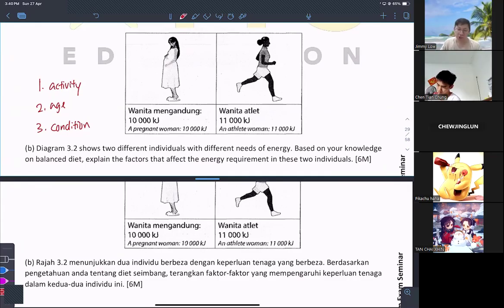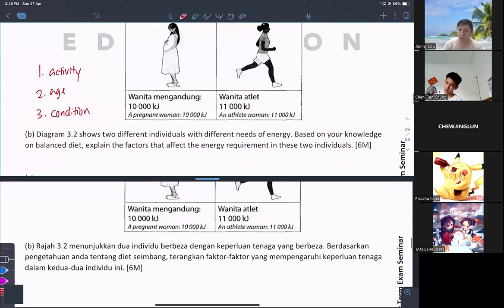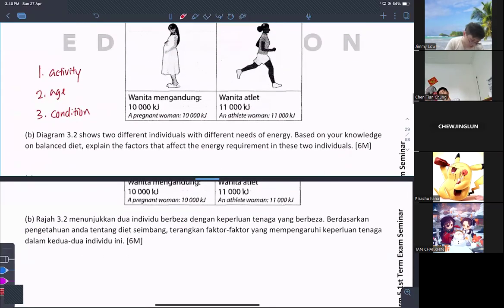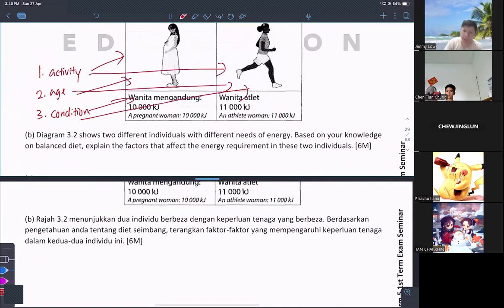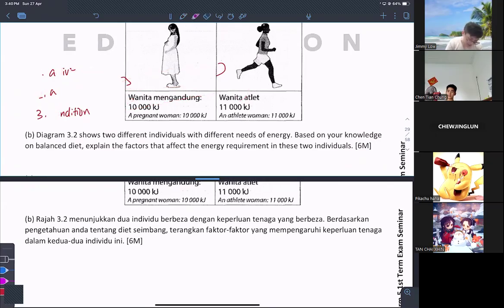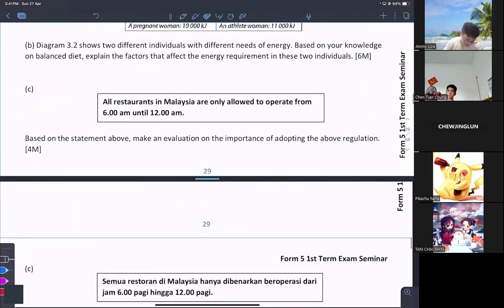You cannot say gender, because it doesn't relate with gender. Two of them are female. You cannot say working stuff, because that's not working. But you can say their physical activity, because one is running, one is not. Just explain through these ways. Each point you elaborate for both of them, total 6 marks. Then I don't write in sentences because this one is going to take me a lot of time. So I just roughly bring out the message here.